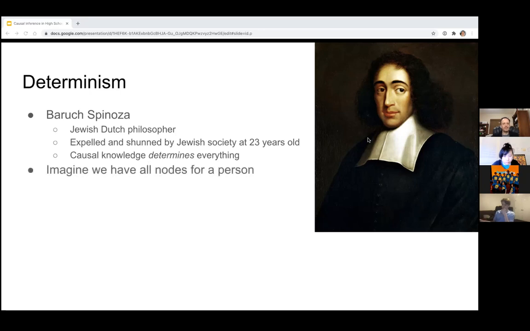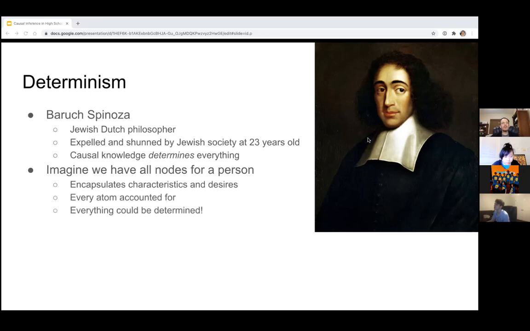Anyway, so imagine we have all the nodes in those causal diagrams I showed before. Imagine we have that for a person, and we have every node for every atom, for every subatomic particle, for how those are spinning, how those are interacting in their brains and the neurons, and we understood it all. Then we can encapsulate all their characteristics and desires. Every atom is accounted for. And then ultimately, below Laplace's demon, Ryan. It's very good. That comes at the end of this slide, right? So everything could be determined,